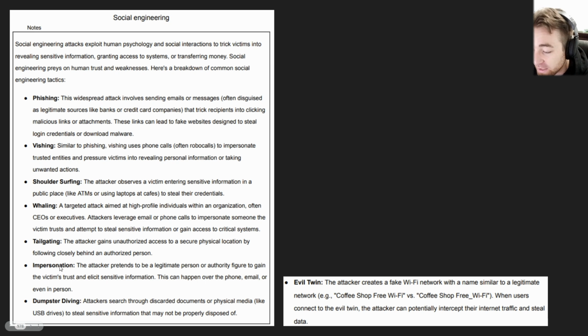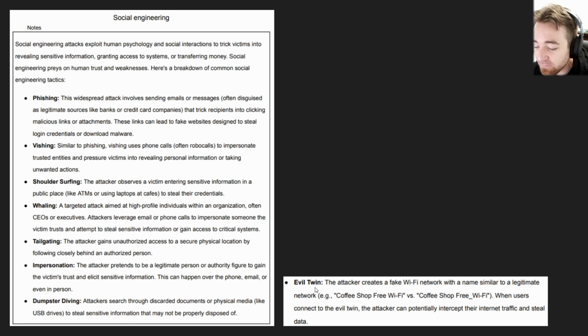And then we have impersonation. This is where you're pretending to be someone you're not. Pretty intuitive, right? And then we've got dumpster diving, which is where literally the attackers are searching through discarded documents or physical media, such as USB drives, to steal sensitive information that may not be properly disposed of. So literally they're going through your garbage to find anything you may have thrown out